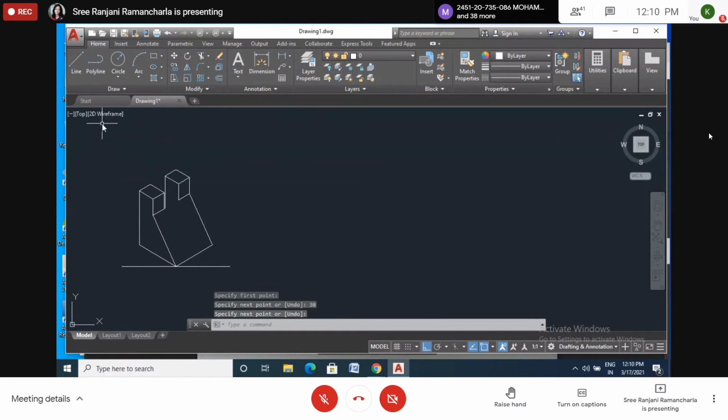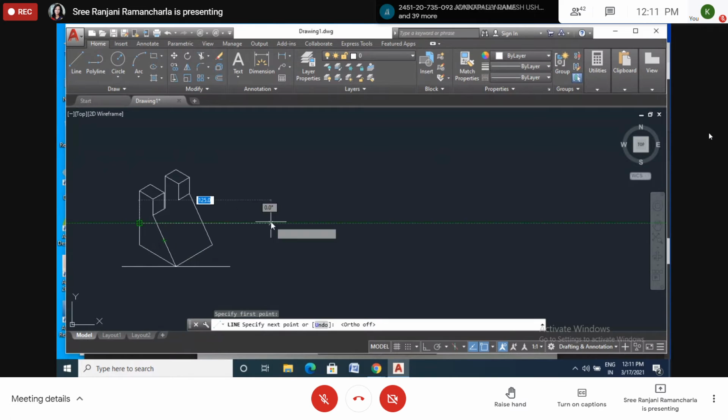Okay. Now from this hidden line, we will change the hidden line. Means from this 30, we will draw the hidden line here first. Or else first we will draw the line. No problem. So from here, how much is this angle? If you draw this one, what should be this angle? Minus 30. So this length also we don't know. Or else from here we'll draw.